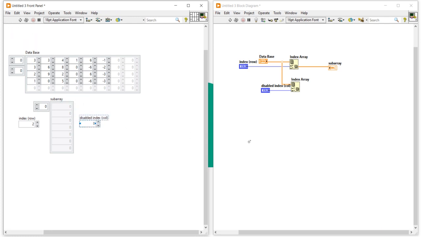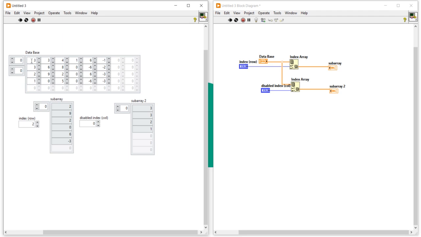Now take index for column and create an indicator sub array. So this is a sub array for column. Using this, we can target the column. Run the program. In the 0th column, 3, 3, 2, 1 is present. Now you can see, you only have to look at this location. If I change it to 1, you get 3 6 9 0. In the second column, 4 8 2 5, and after that in the third column